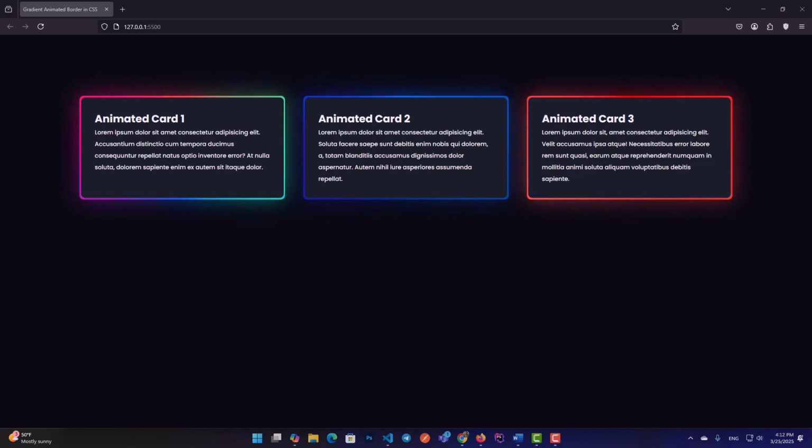Welcome to Code York. My name's Ben, and in this video we're going to create this beautiful gradient animated card